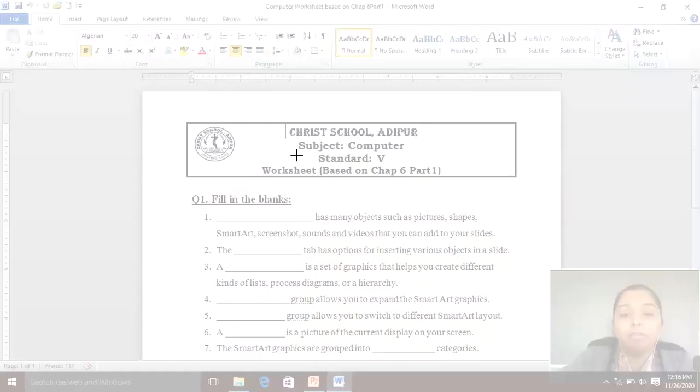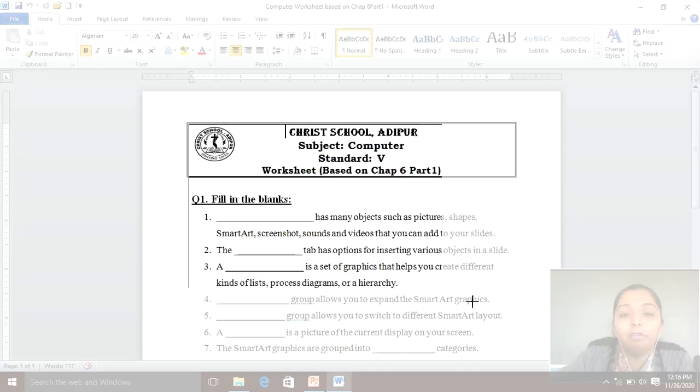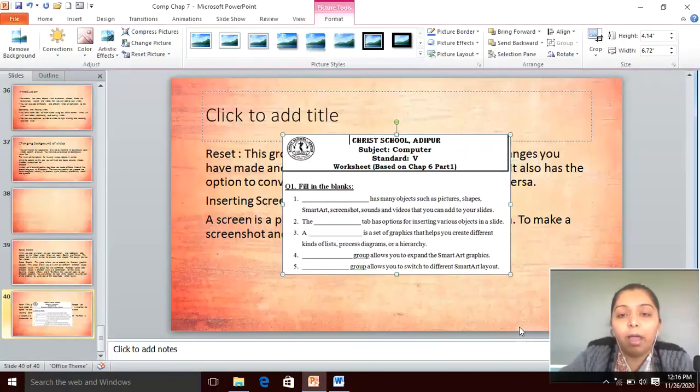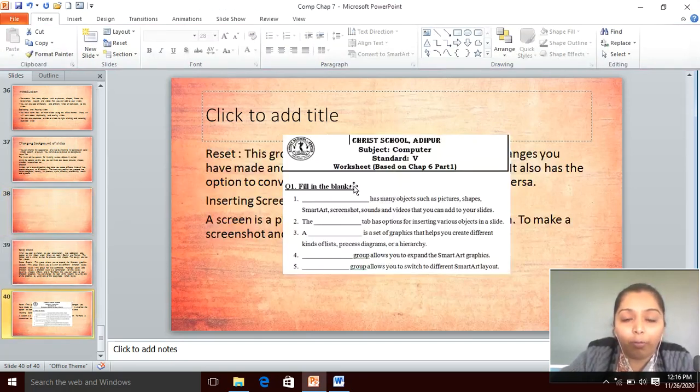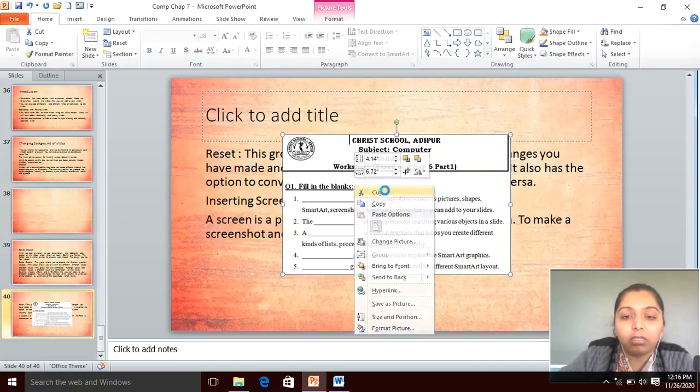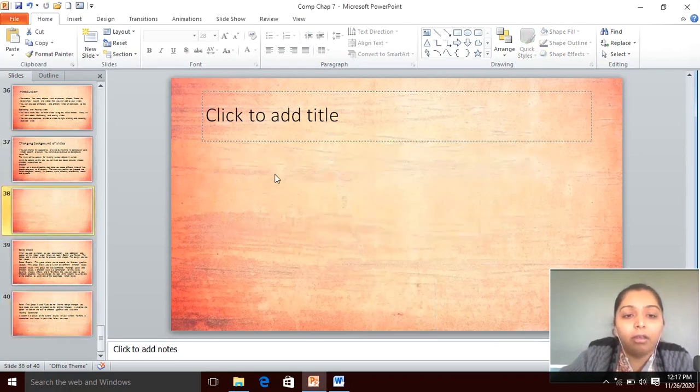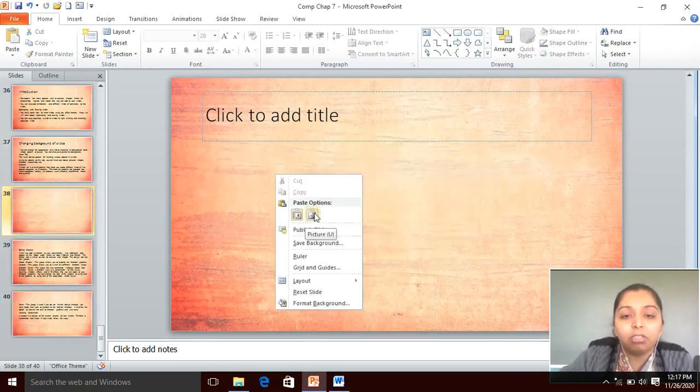If I want to take the screenshot, see, the cursor has changed. I want a screenshot of this particular part. See, the screenshot of my worksheet has been taken and I can paste it anywhere in any of the slides. Understood? If I want to paste it here, I will copy this, cut and then paste it here.